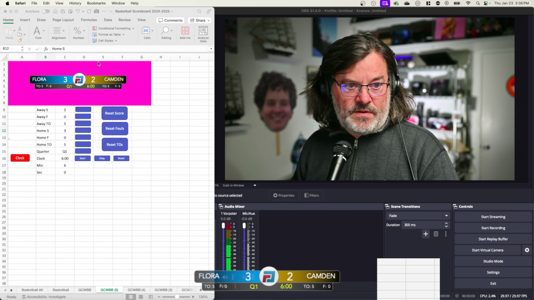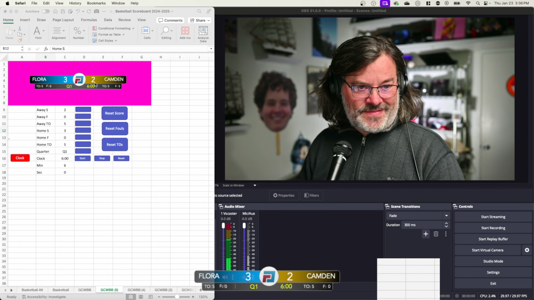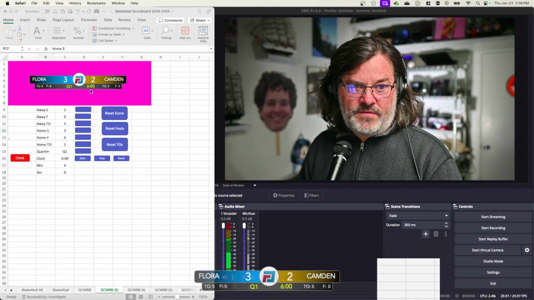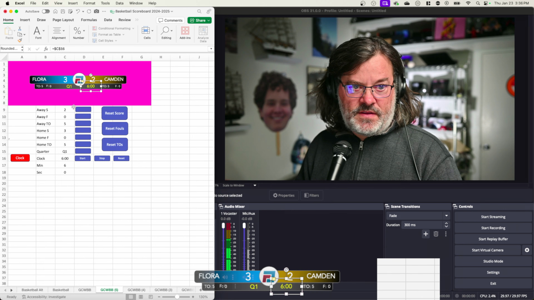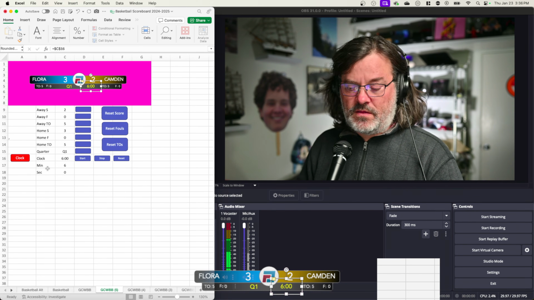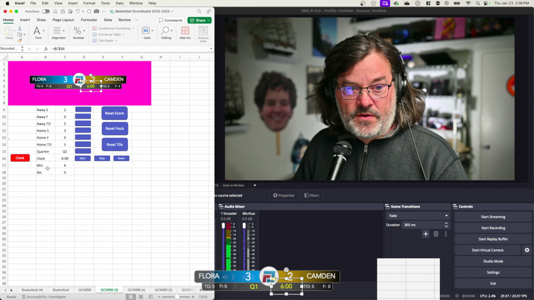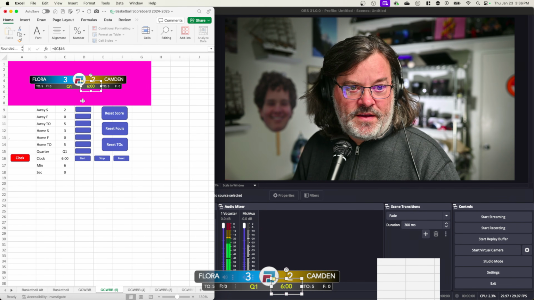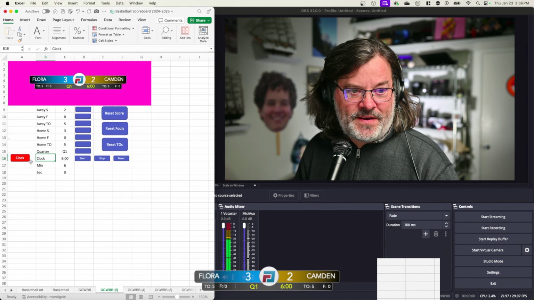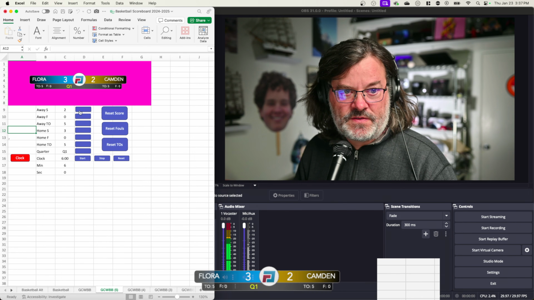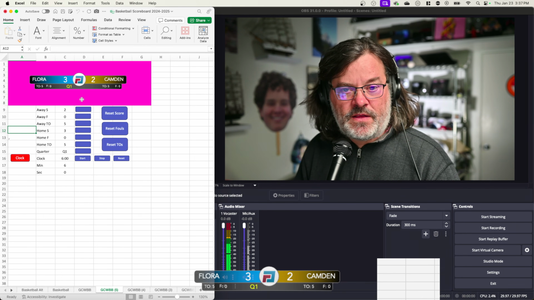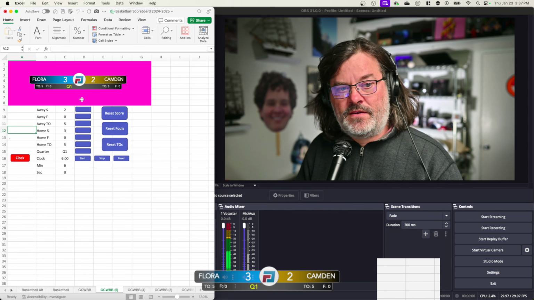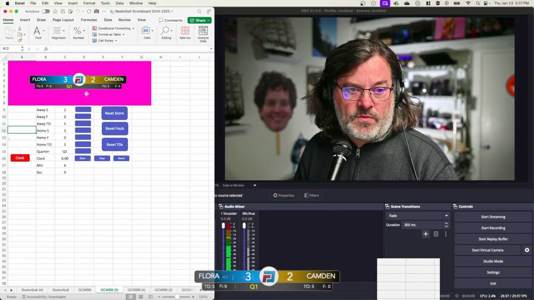All right, so at least for basketball, these are kind of standard elements that you would have. In this case, I have the clock showing. The clock actually doesn't work very well on Mac. It works great on a Windows laptop, Windows PC. But I have this clock button, so I can turn it off if I want. Normally what I'll have is a camera pointed at the clock on the scoreboard in the basketball arena, and then